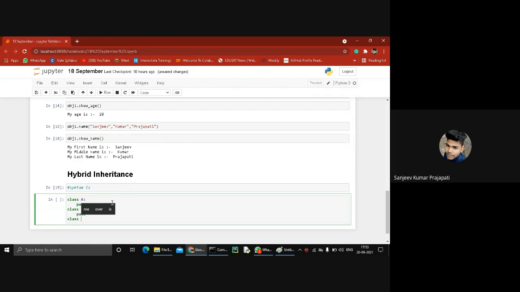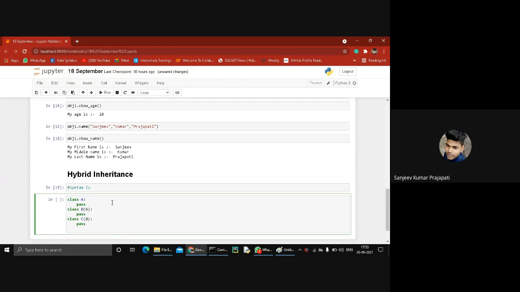And next is C, which contains all the properties of A class, and last is D class, and it contains all properties of B, C. Okay.